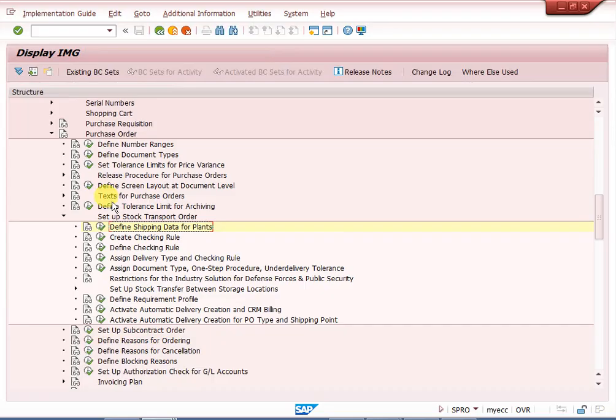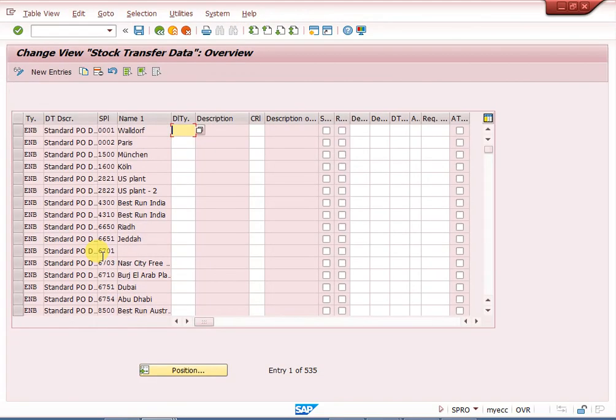Next, you can create checking rules. Define checking rules, checking groups, that means availability check. Material master level we can maintain the availability check. This is mandatory. One more important configuration: assign delivery type and checking rules to purchase order. How will the system fix delivery type NL?